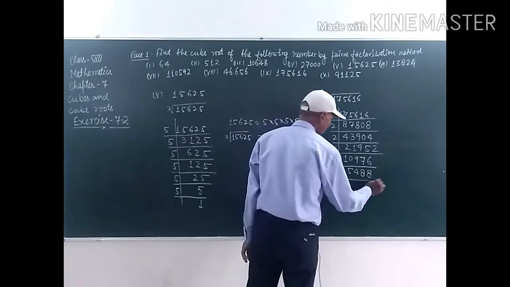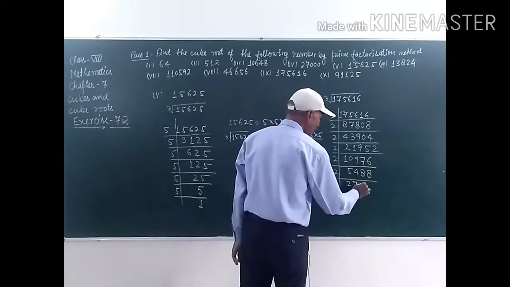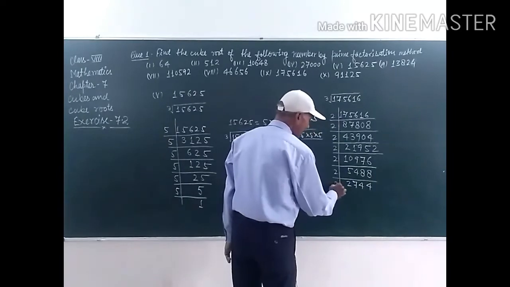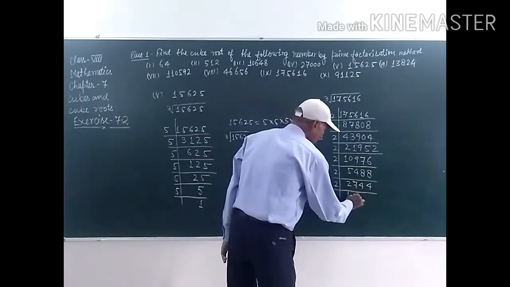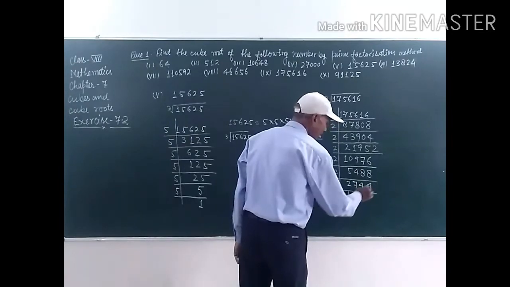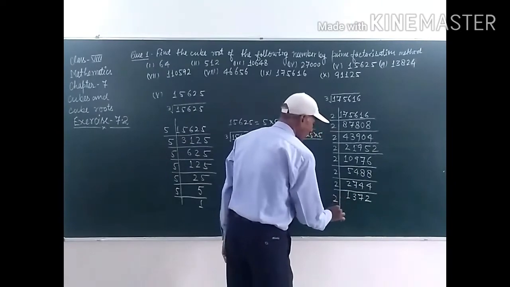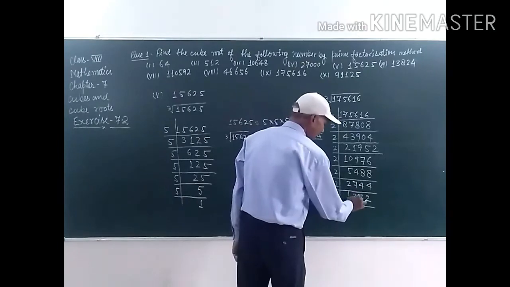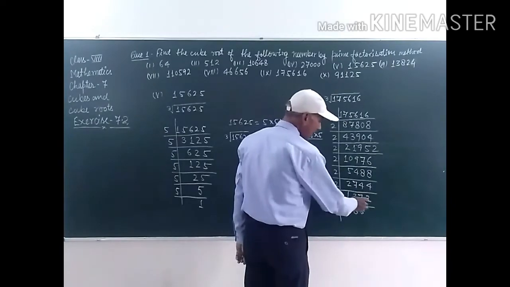Again by 2, this one will be 2 2 ja 4, 2 7 ja 14, 2 4 ja 8 and 2 4 ja 8. Divide it again by 2. This one will be 2 1 ja 2, 2 3 ja 6, 1 is left 7, this one 14, 2 7 ja 14 and 2 2 ja 4. Again by 2, this one will be 2 6 ja 12 and this one 17, 2 8 ja 16, 1 12, 2 6 ja 12.